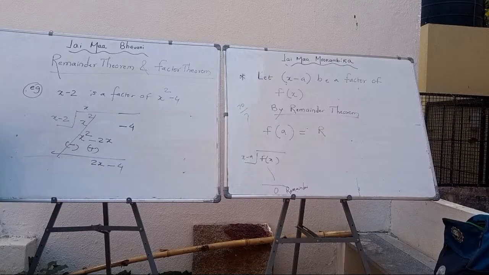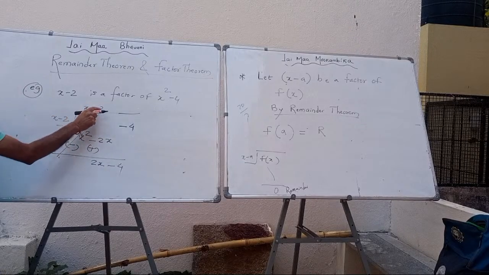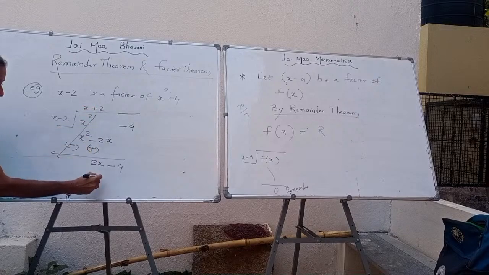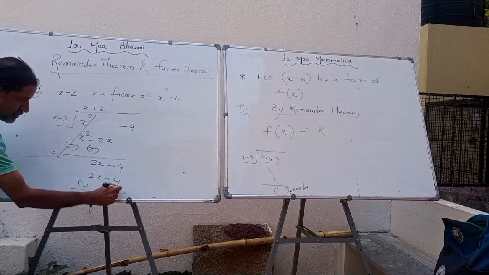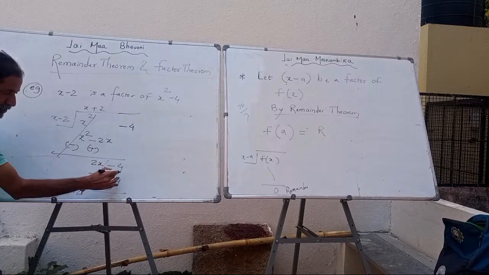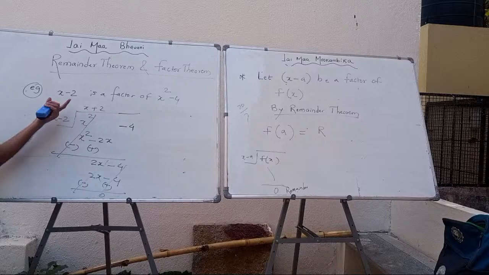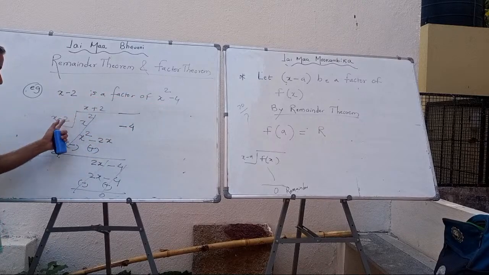Next round. Into 2. X minus 2 into plus 2, x plus 2, 2x. Minus 2 plus 2 is... minus sign here. Minus 4 plus 4, 0. Remainder, 0. If x minus 2 is a factor of this, when you divide this with this, you get